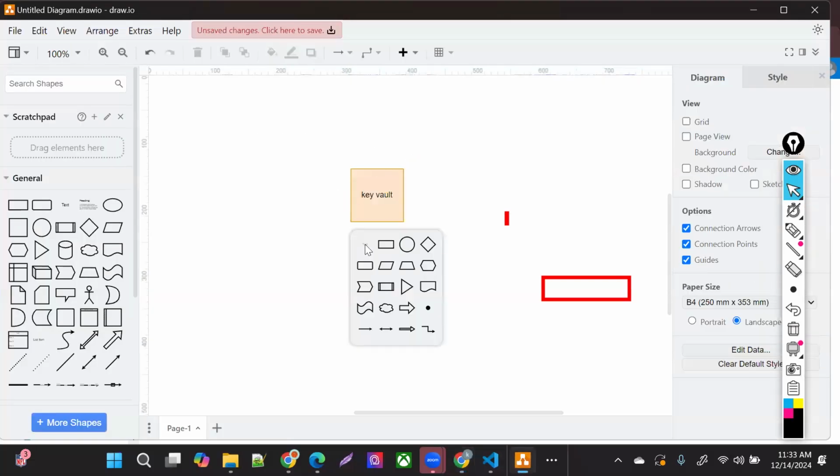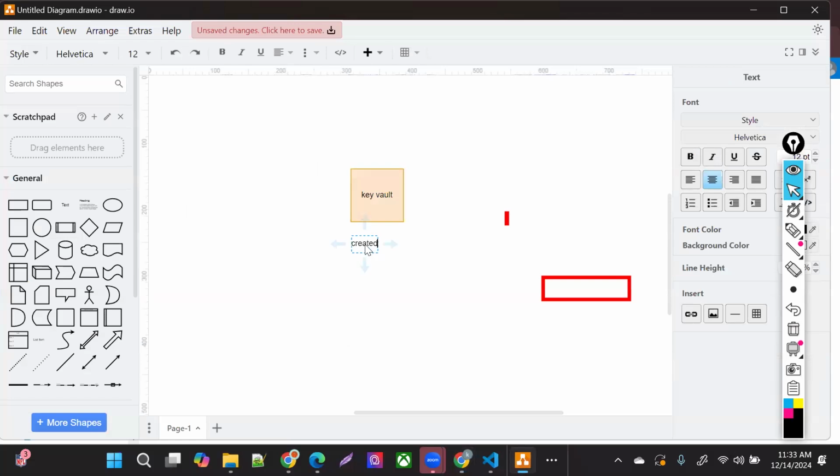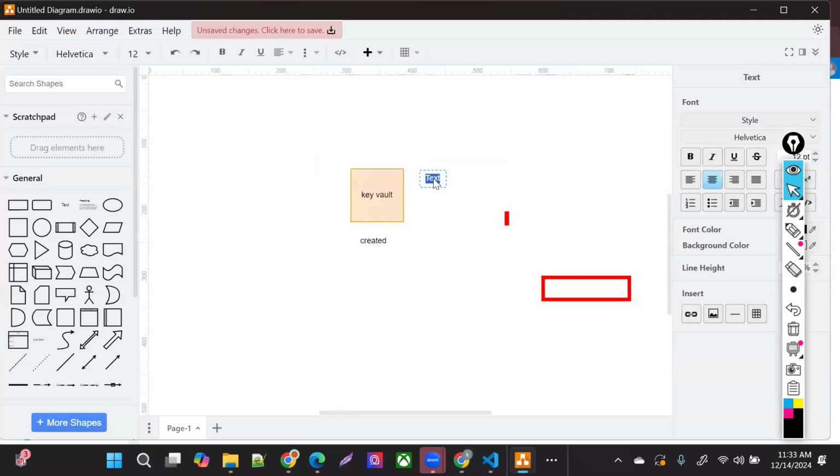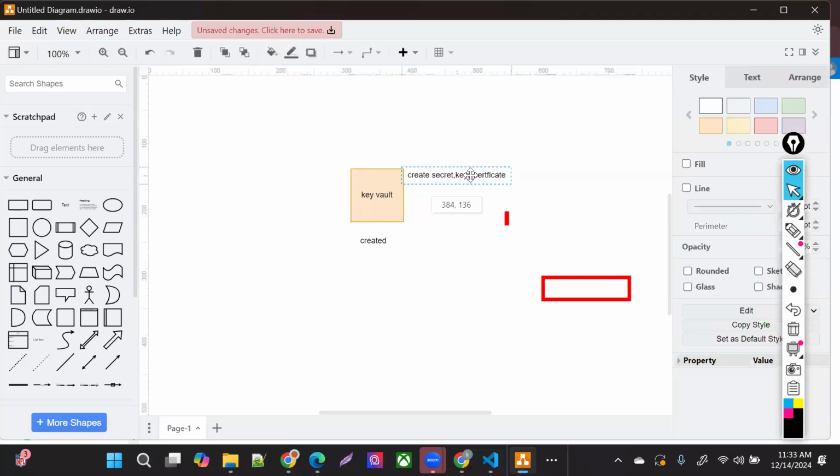It's me who created that key vault. Now, if I try to create some secrets, keys, or even certificates, it's not allowing me to do that by default.